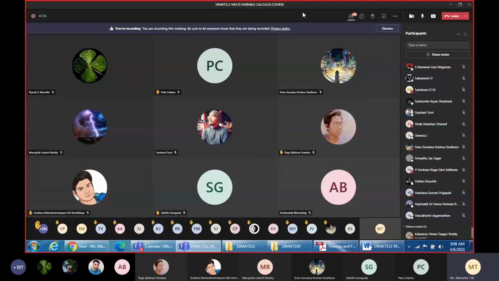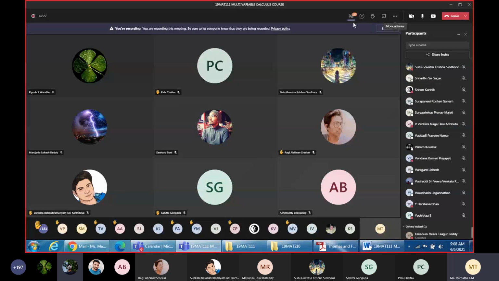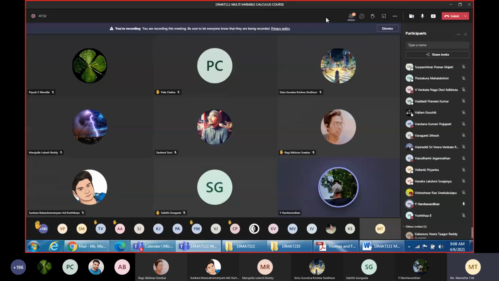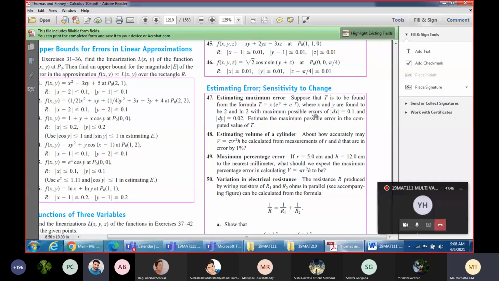Okay, so now we go for the problem. Ma'am, we should find the error using that error formula, right? You can find the error also, but what did I say? I am not interested in the error. I just want you to find the total change in the function with whatever values they have given. So can you tell me the answer for total change in the function for problem number 47? Ma'am, 0.31.